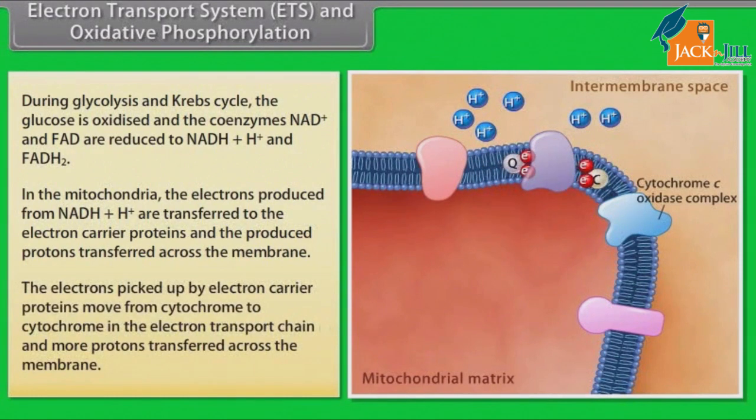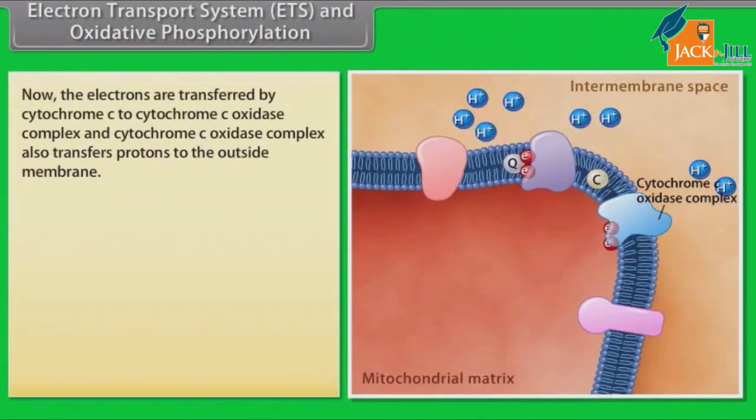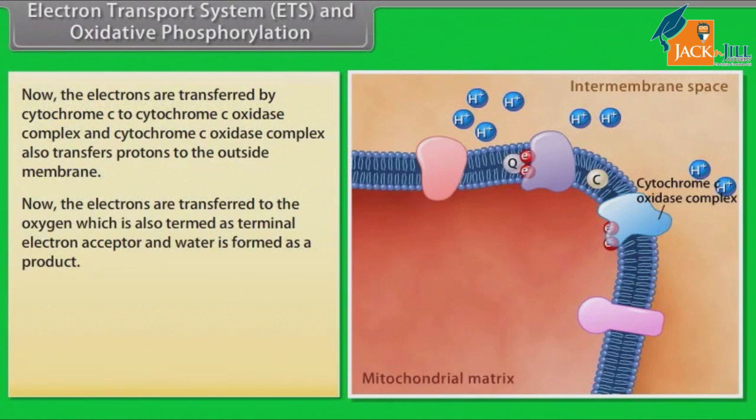The electrons picked up by the electron carrier proteins move from cytochrome to cytochrome in the electron transport chain, and more protons are transferred across the membrane. Now the electrons are transferred by cytochrome C to cytochrome C oxidase complex, which also transfers protons to the outside of the membrane. Now the electrons are transferred to oxygen, which is also termed the terminal electron acceptor, and water is formed